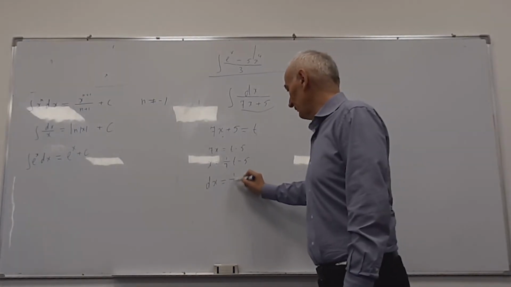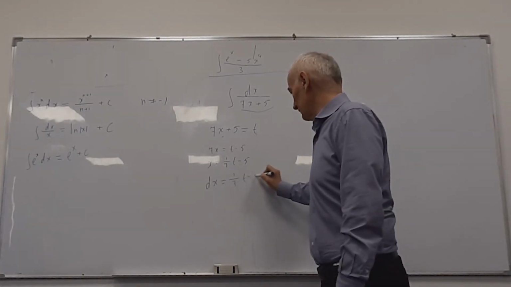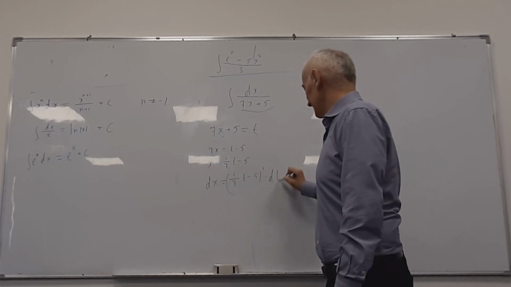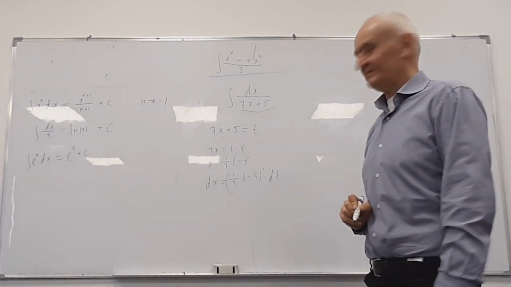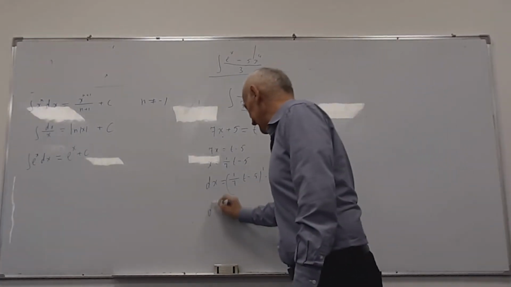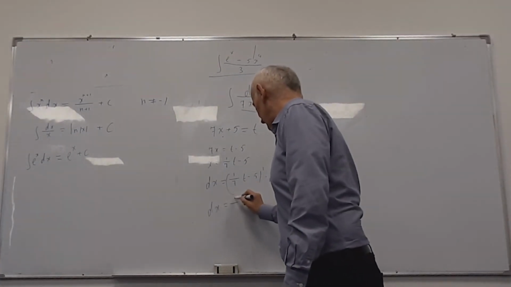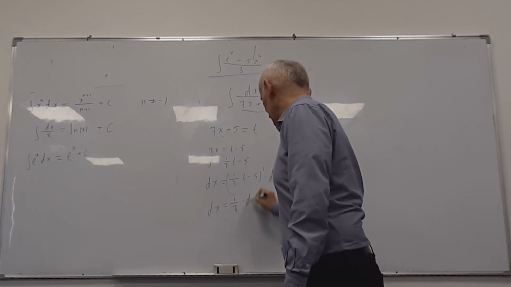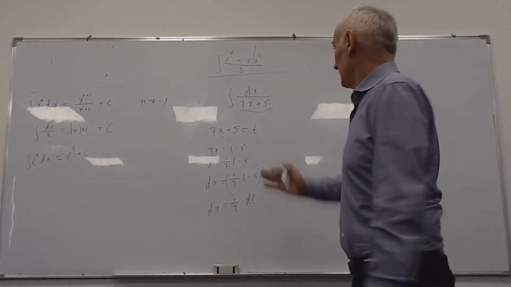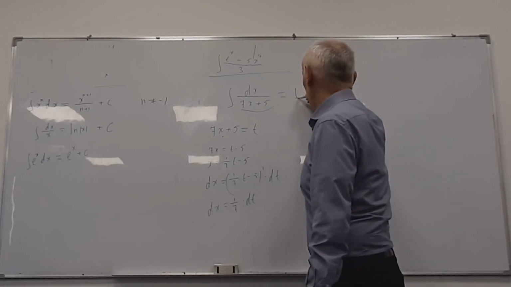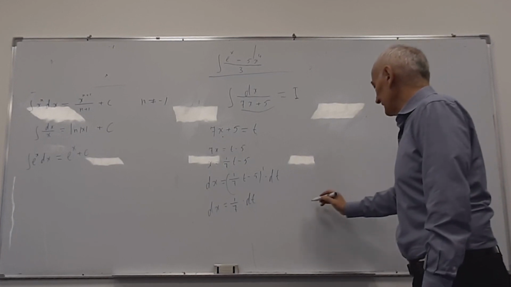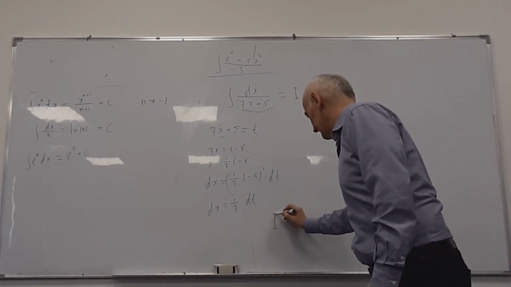So the derivative of 1 over 7 (t minus 5), multiplied by dt, and dx is going to be 1 over 7 dt. We can denote this integral by capital I, and we can write now I equals